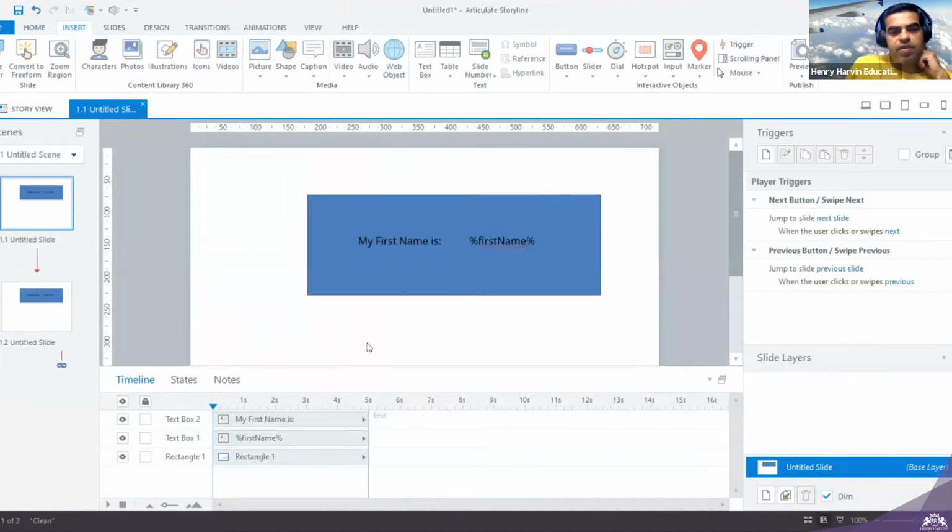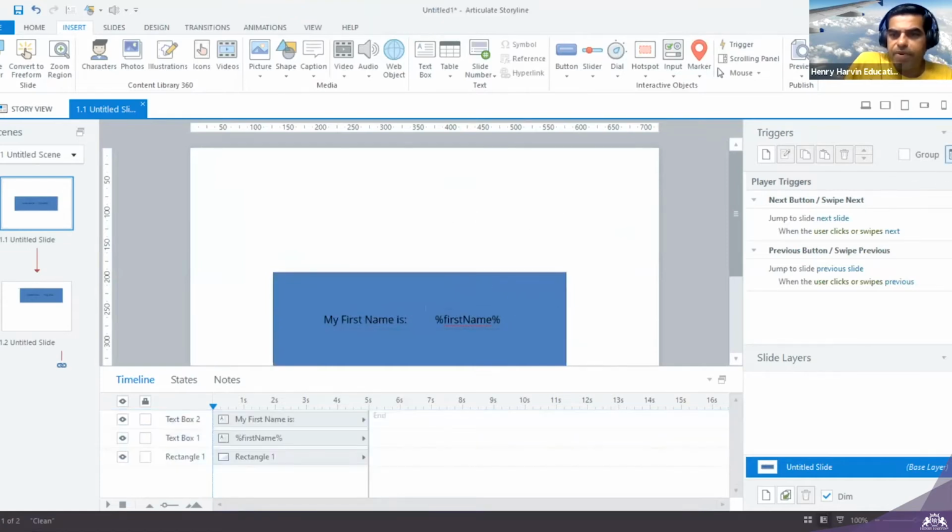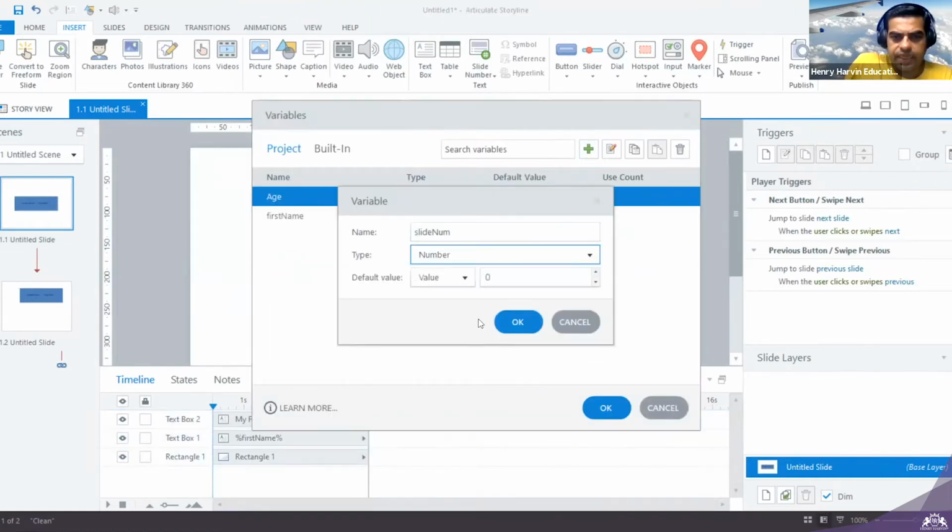Last time we have learned something like slides, slide numbering and all that stuff. At that time, I think there was one question coming: if we can define a slide number manually also, how can I define it? I can do it with the variables, where we can change the value and we can do everything. So I'm just skipping this aside. What I'm doing is defining a new variable.